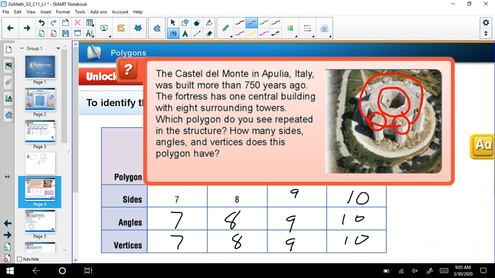And if we were to look at it really closely, we would see that we have 1, 2, 3, 4, 5, 6, 7, 8 sides. And we just reviewed that an 8-sided figure is called an octagon. So that's what we see there. All right, now,